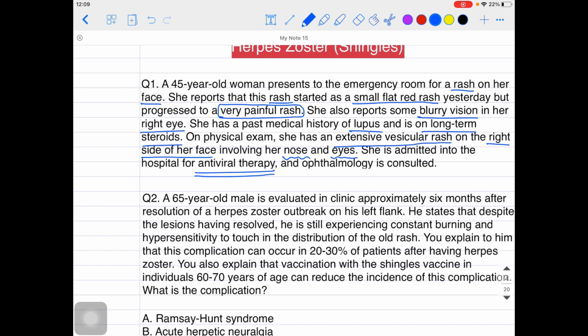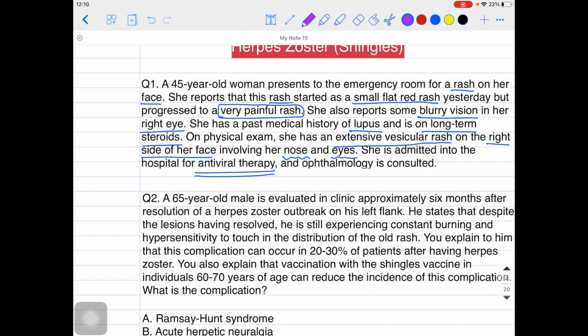So over here, guys, I know you are actually telling me the answer right now and you are correct. That is herpes zoster ophthalmicus, because clear indications are present: you can see the tip of the nose is also involved, so it can cause corneal involvement. It can actually involve the cornea of this patient as well. So on the right side, this is present, right eye, unilateral herpes zoster ophthalmicus. Ophthalmology consult was taken in this patient.